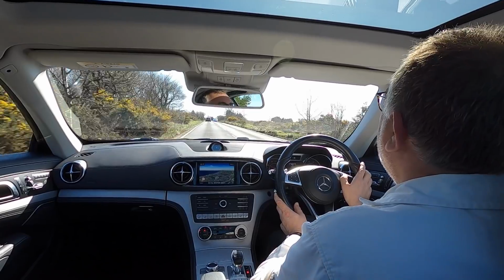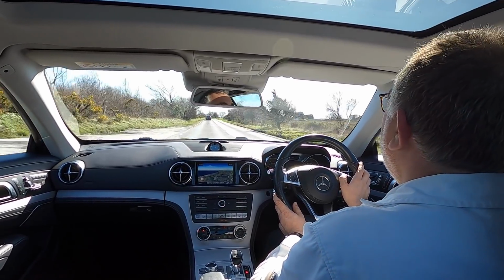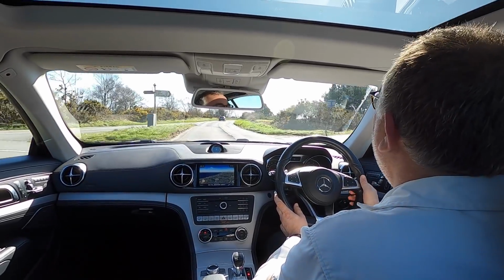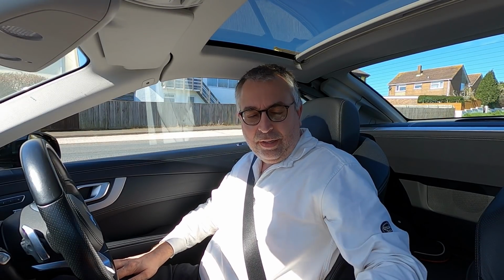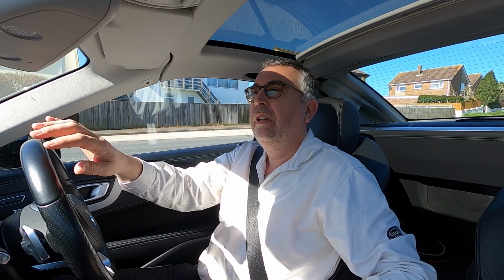Anyway, having given you that little demonstration, I think the next thing to do is drop the roof and we'll have a run back home with the roof down, because that ultimately is what this car is all about. Okay, so I've pulled over to drop the roof. Now, you can operate this roof up to 25 miles an hour, but you have to be stationary before you activate it. So, little flap here, pull that lever, and we can, if we want to now,